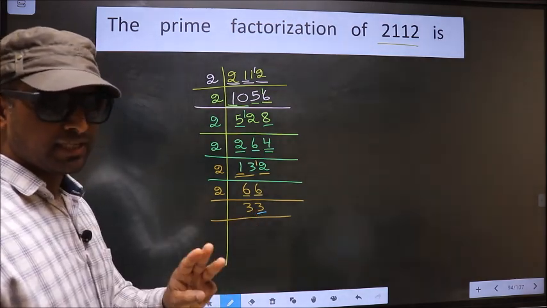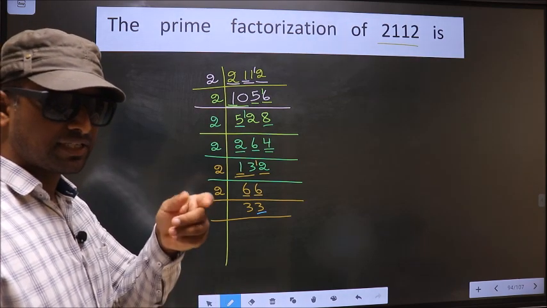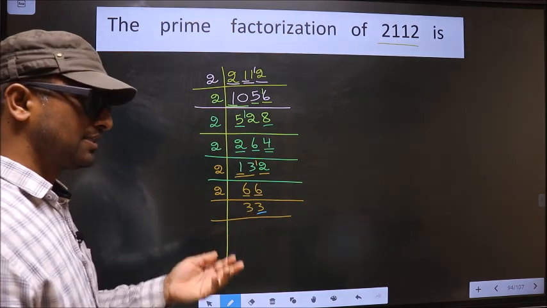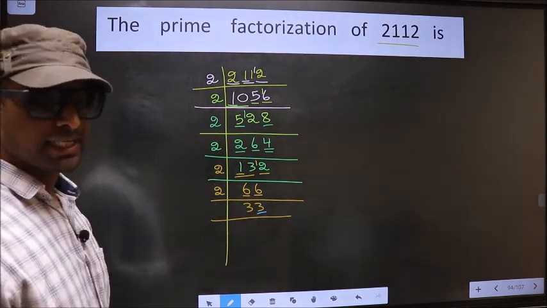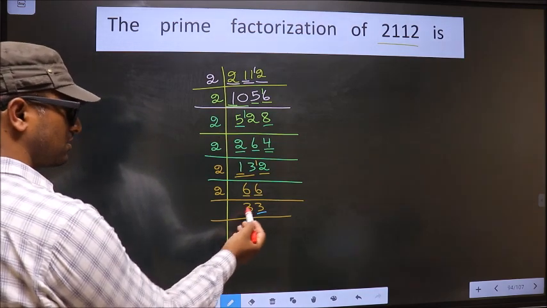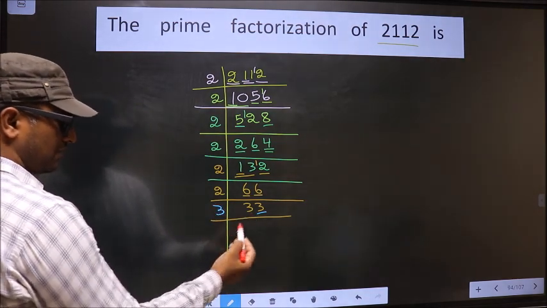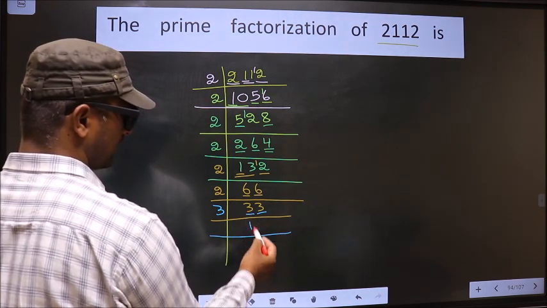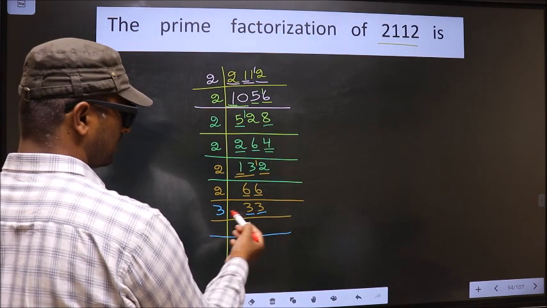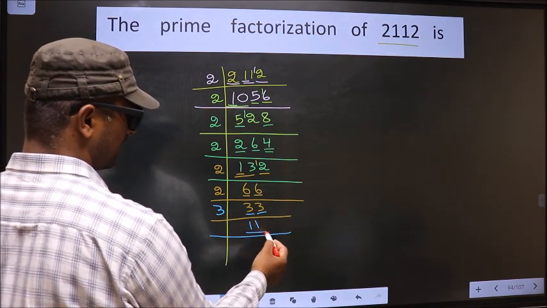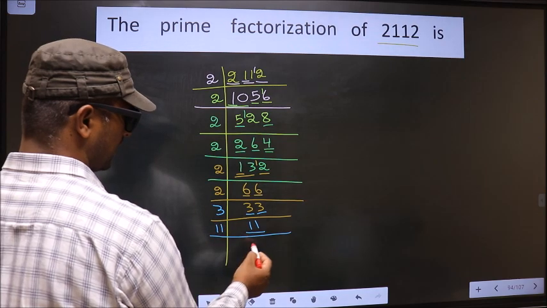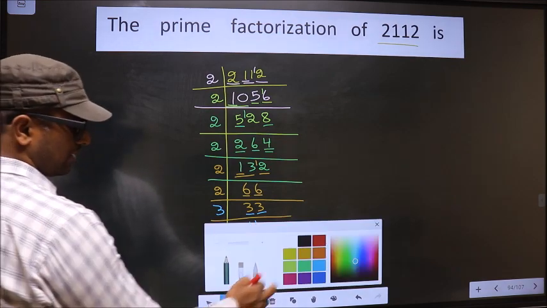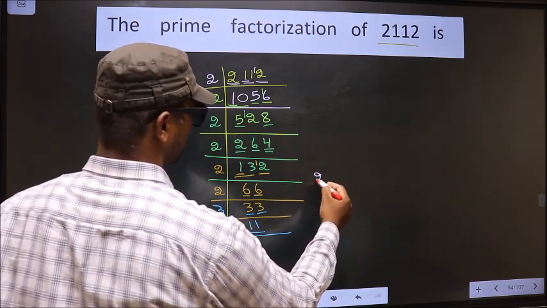Next prime number 3. To check divisibility by 3, for that we should add the digits. That is 3 plus 3, 6. Is 6 divisible by 3? Yes. So this number also divisible by 3, so we take 3 here. The first number is 3. When do we get 3 in 3 table? 3 ones 3. The other number 3. When do we get 3 in 3 table? 3 ones 3. Now here we have 11. 11 is a prime number, so we take 11 ones 11. We got 1 here. So the prime factorization of 2112